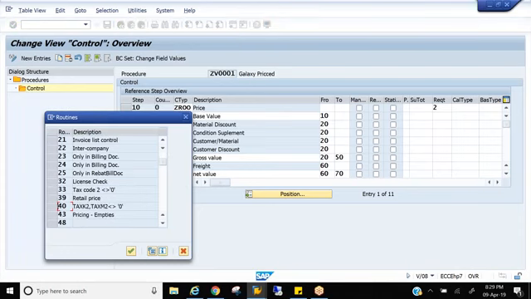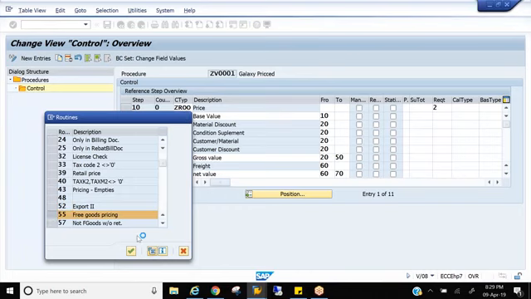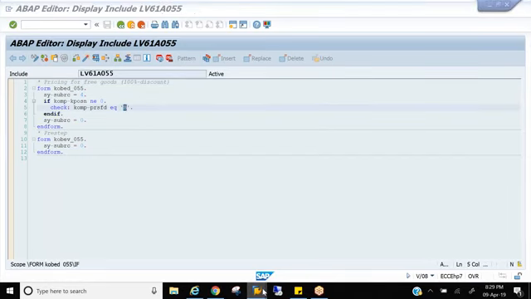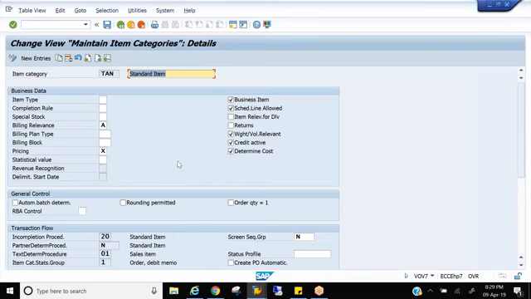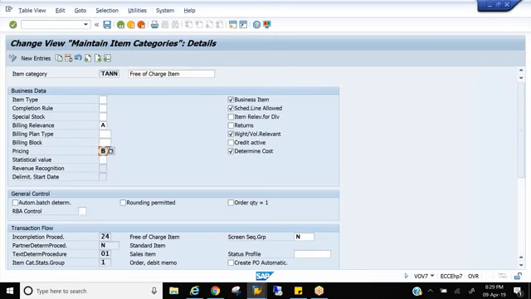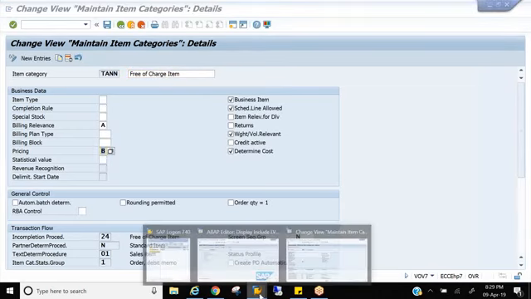And 55, free goods. So what is 55 telling? Go and check in the item category whether pricing is B or not. What is the item category for free goods? TANN. If it is TANN, the pricing field should be B, right?